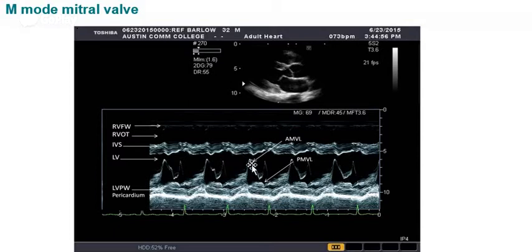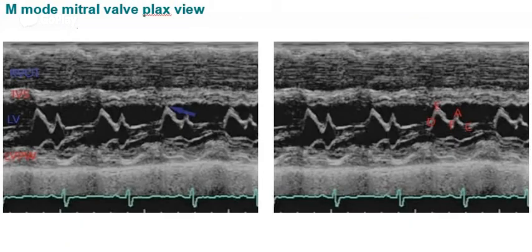So this is the anterior mitral leaflet and this is the posterior mitral leaflet. We can see how the anterior and posterior mitral leaflets function in the different parts of diastole and the different parts of systole. To begin with, this is the beginning of the diastole. As the diastole begins, there will be filling of the ventricle. There will be a pressure difference across the left atrium and the left ventricle, and as the pressure reaches the peak, there will be rapid filling of the ventricles, and here both the valve leaflets are wide open.